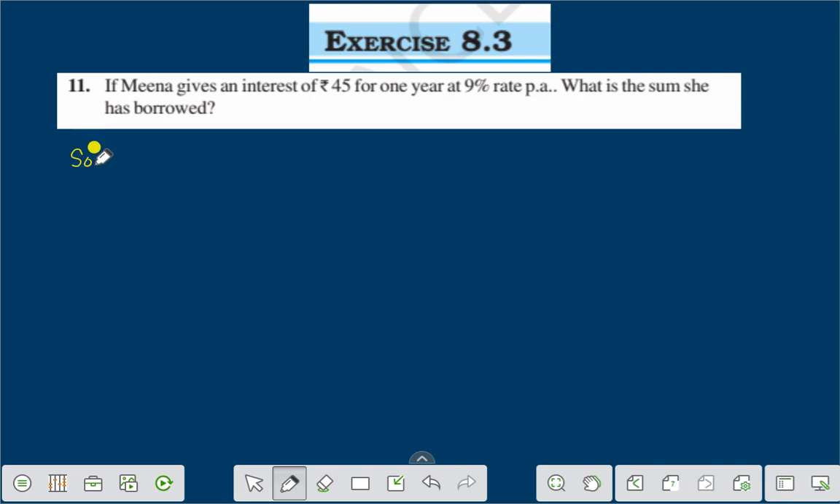Let us find. Let principal be P. Here rate R is given as 9% per annum. And simple interest is given as